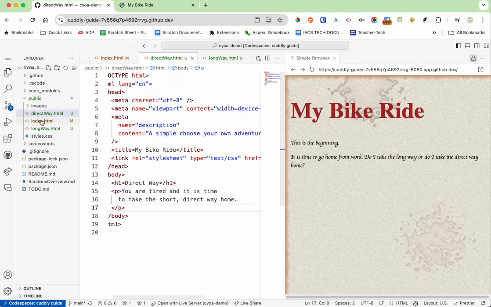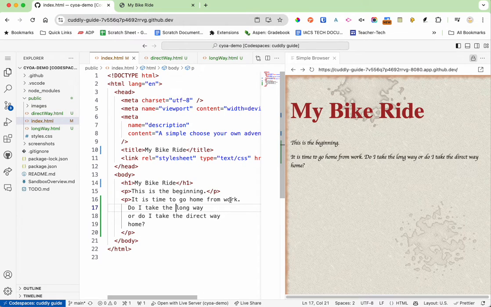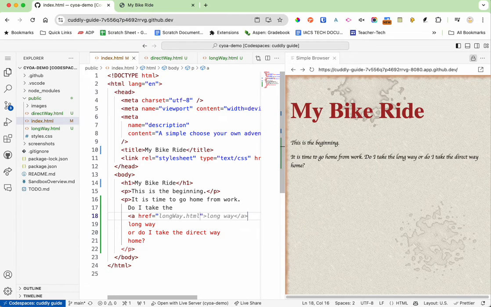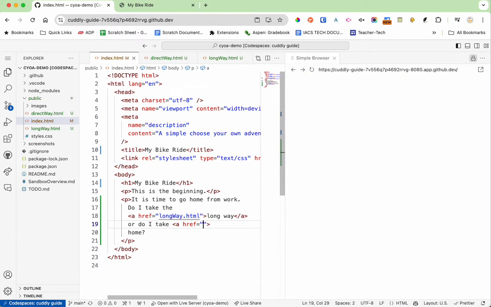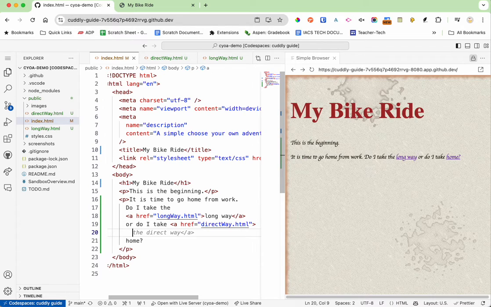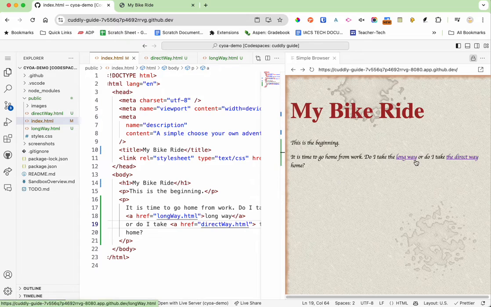Now to make those links, I'm going to go back to index. And I'm going to put the A tag and the href. The href will fill in with longway.html, and I want that to match my title. And direct way will also fill in. All right, and now